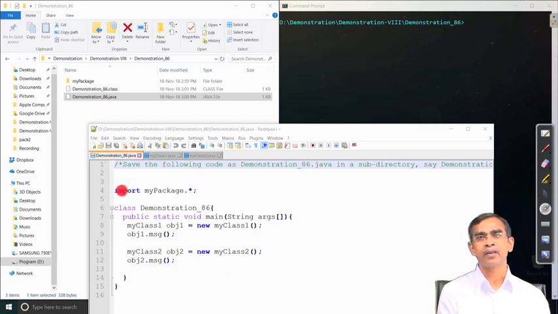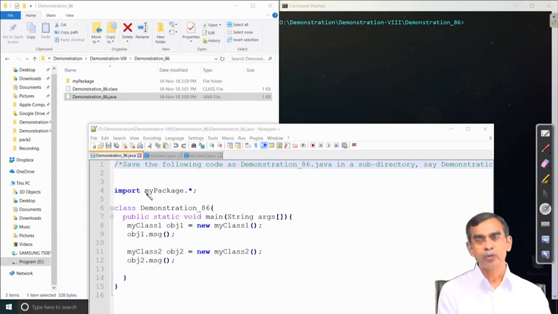So, my package dot star means it imports all the classes. So, here again I repeat that my class 1 is as if pasted here, my class 2 class as if pasted here, as if all the classes are here, and all classes, as you see, are declared in the package with the public access specification.